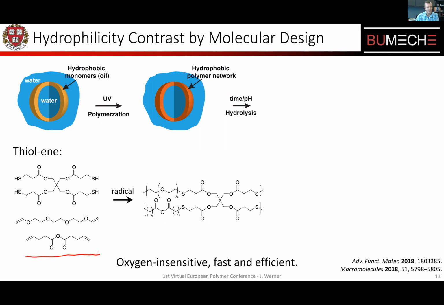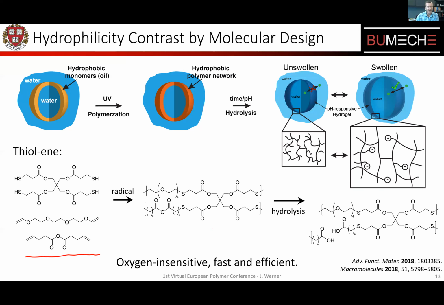And upon simple UV triggering of the thiol-ene chemistry, we obtain very homogeneous shells of these polyanhydride crosslinked networks, which is still highly hydrophobic. And over time, this anhydride hydrolyzes and the shell turns into a polymer network that has tethered carboxylic acid groups on it, which make it pH responsive because they get charged upon increase of the pH. We also looked at a system which uses the standard acrylate or methacrylate chemistry using methacrylic anhydride. That also works very well. I'm not going to talk about it today, but if you're interested in that, it was published in this